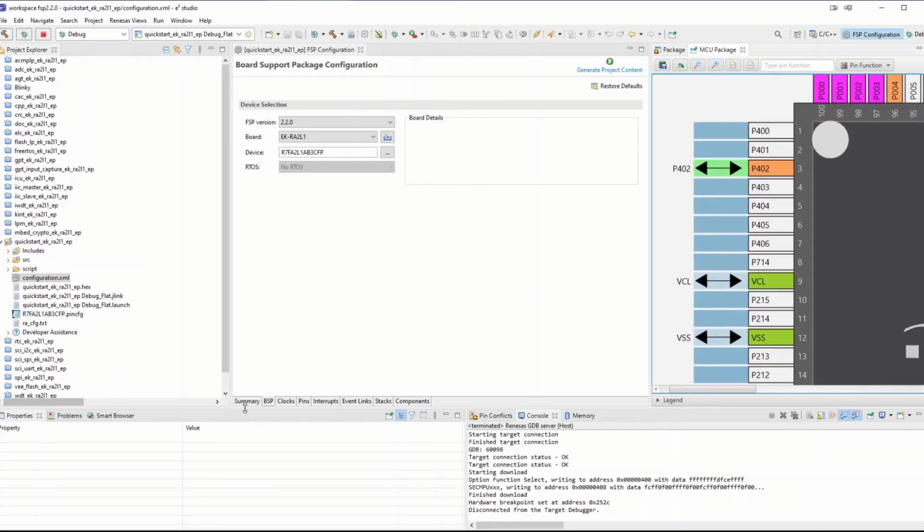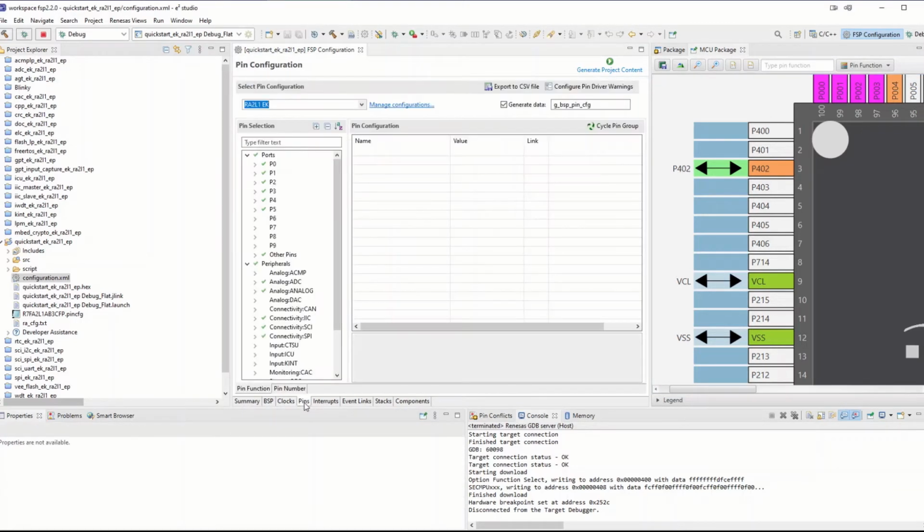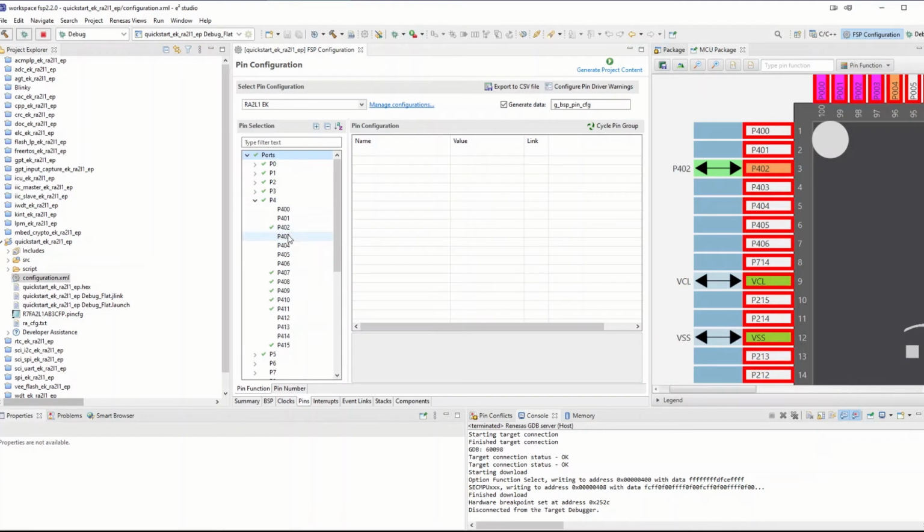So if we take, for instance, these tabs, we have the clocks and we have the pins. The pins, for instance, if we look into this port pin 403, so it's port 4 and pin number 3. So we have it here, port 4 and pin number 3. There is no